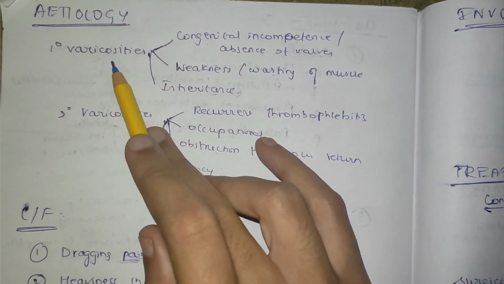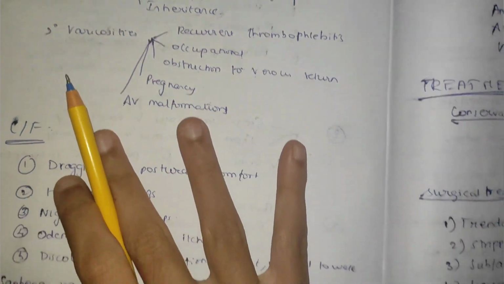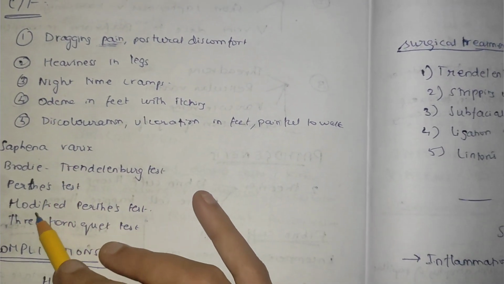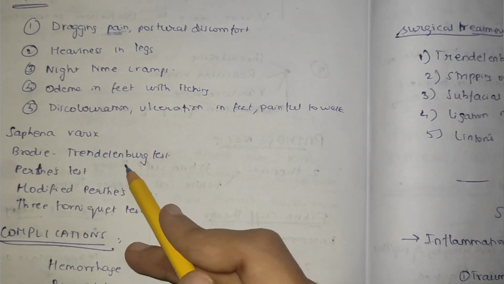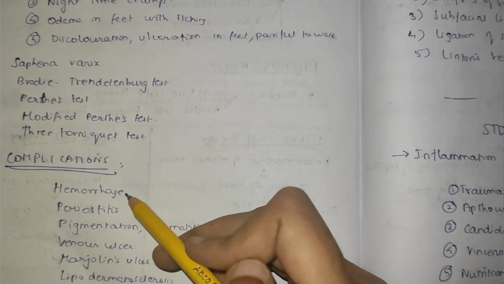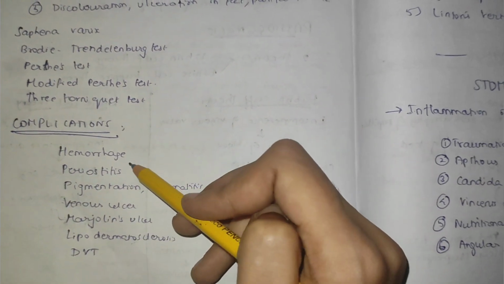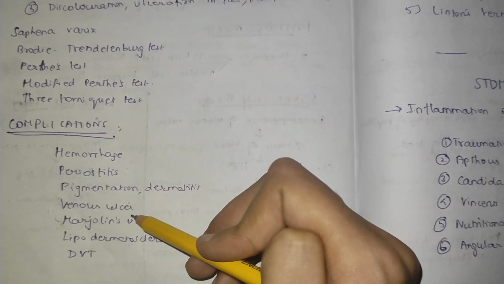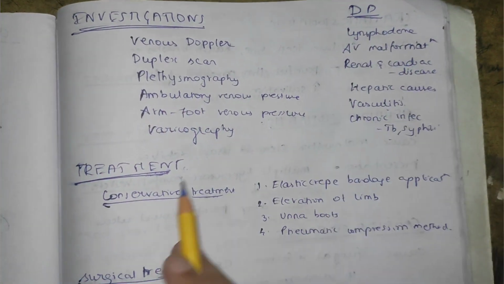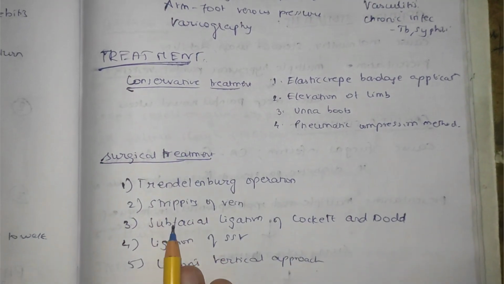Next one is the etiology of primary varicosities and secondary varicosities. Clinical features, five main clinical features, and 5 tests, that is Saphena varix test, Brodie-Trendelenburg test, Perthes test, modified Perthes test, 3-tourniquet test. Complications, hemorrhage, periostitis, pigmentation, venous ulcer, Marjolin's ulcer, deep vein thrombosis. And next one is the investigations, differential diagnosis, conservative treatment, and surgical treatment. So this is